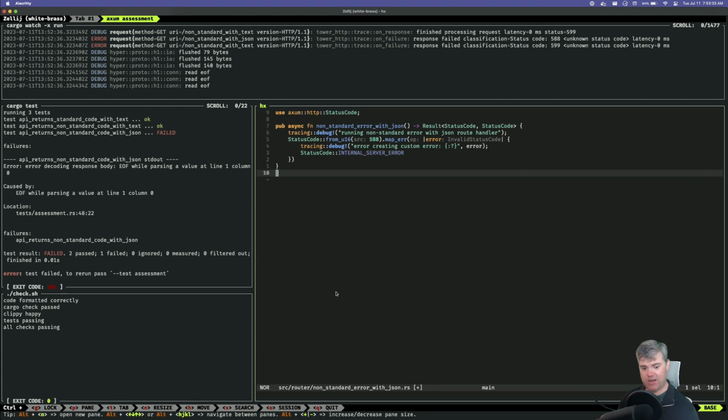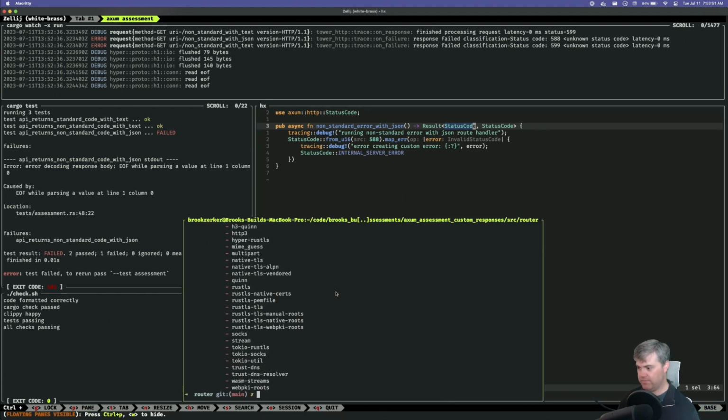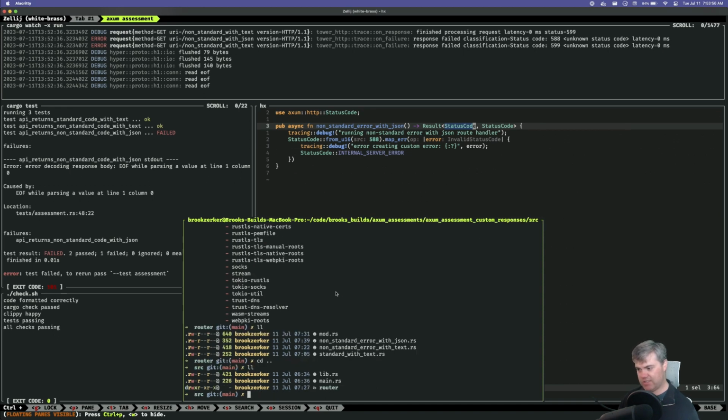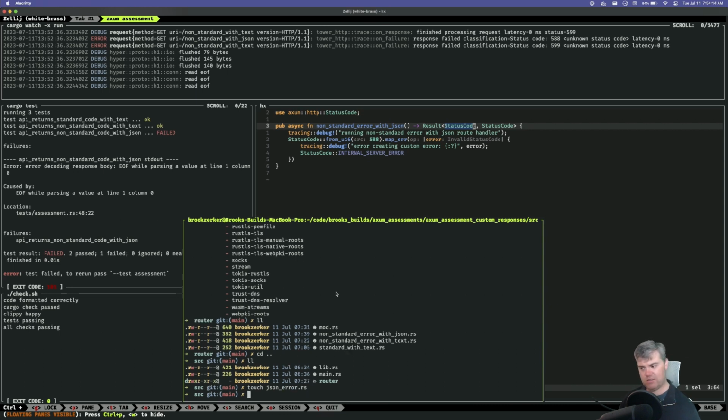Let's create an error file, and this will be a shared error object that we can create and return. So hold on. We're in a router here. I want almost like a JSON error. I'm not exactly sure the best place to put this, so I'm going to put it out here.